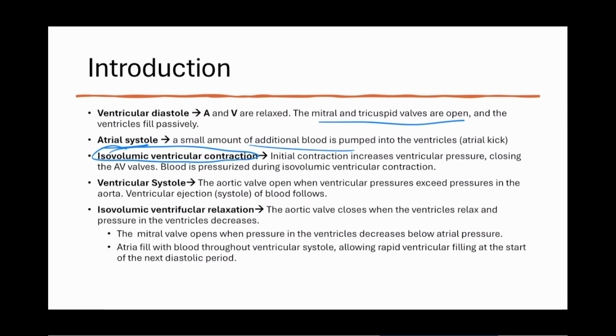Once the pressure is built up enough, then we generate ventricular systole. The aortic valve opens, the pulmonic valve opens, the heart squeezes, and that pressurized blood leaves the left ventricle, goes into the aorta, and goes to the body. Or if it's on the right side, the right ventricle squeezes, blood comes out, goes to the pulmonary system. That's what happens during ventricular systole. Blood squeezes, it leaves the heart.